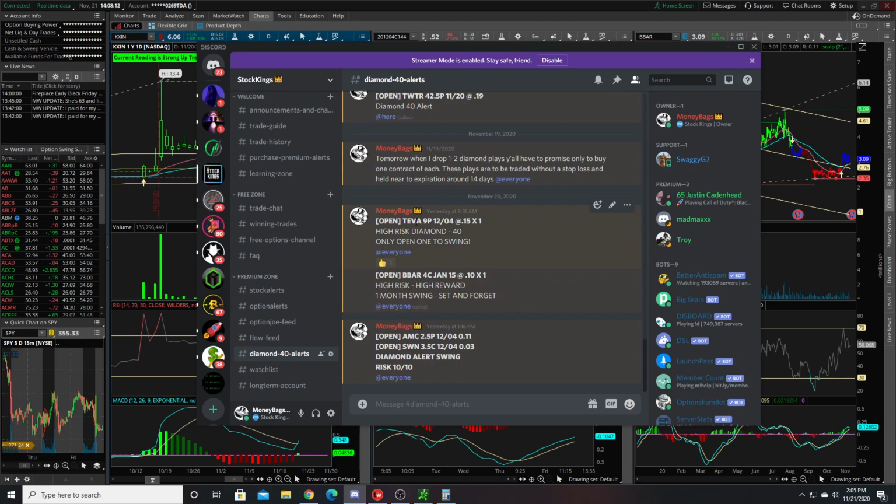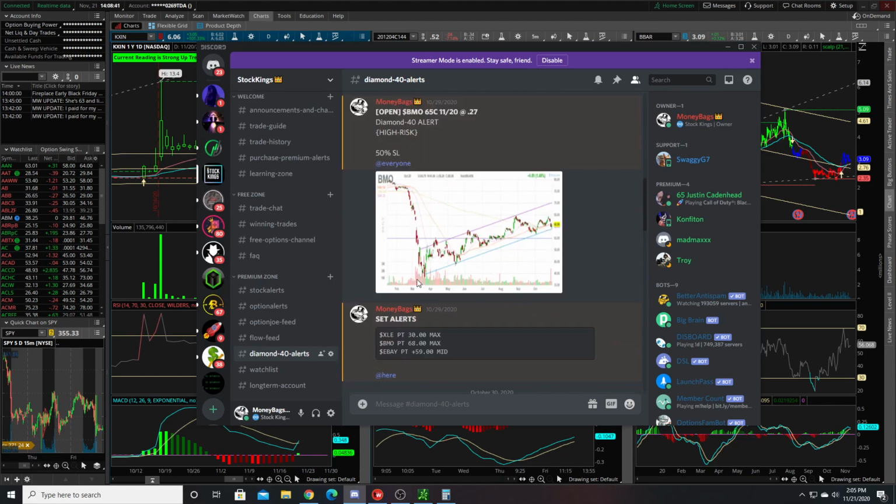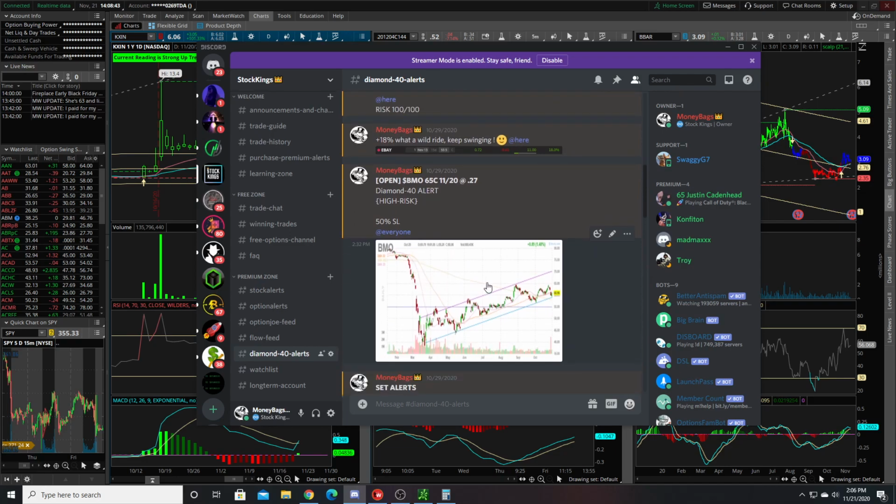And with these, I recommend 100% just low position size. I run just one contract because you're risking $15 for a potential $300 profit. So these are lottery trades. They are high risk, high reward trades that I would recommend not setting your position size high on. BMO is a good example